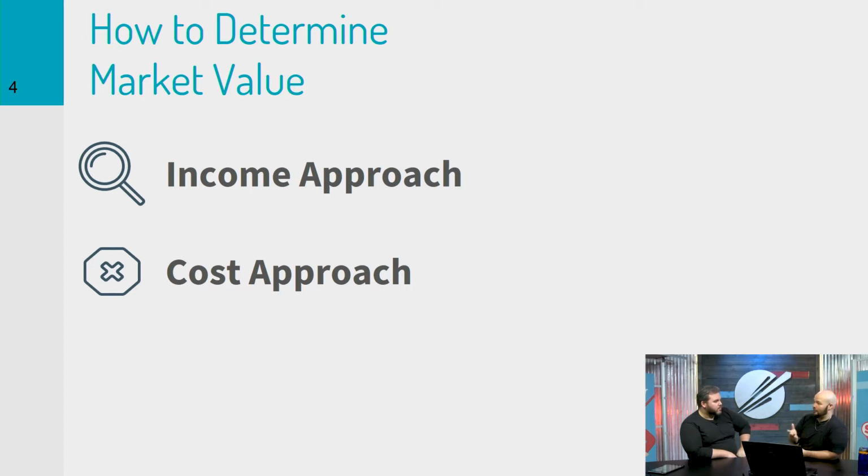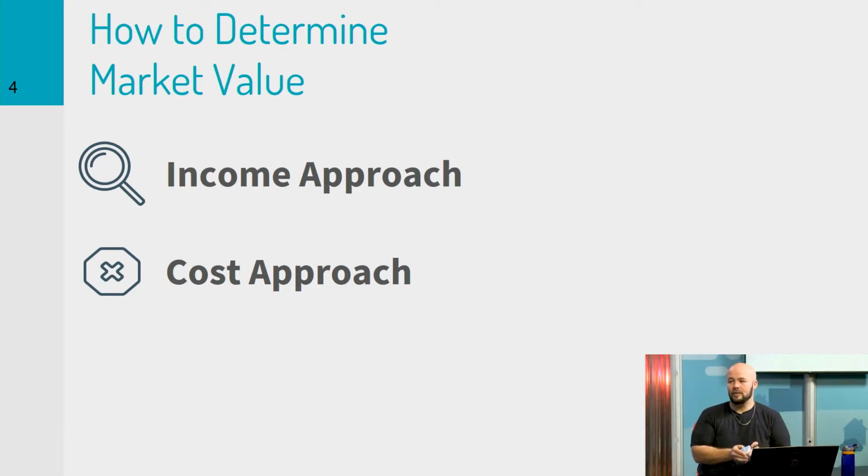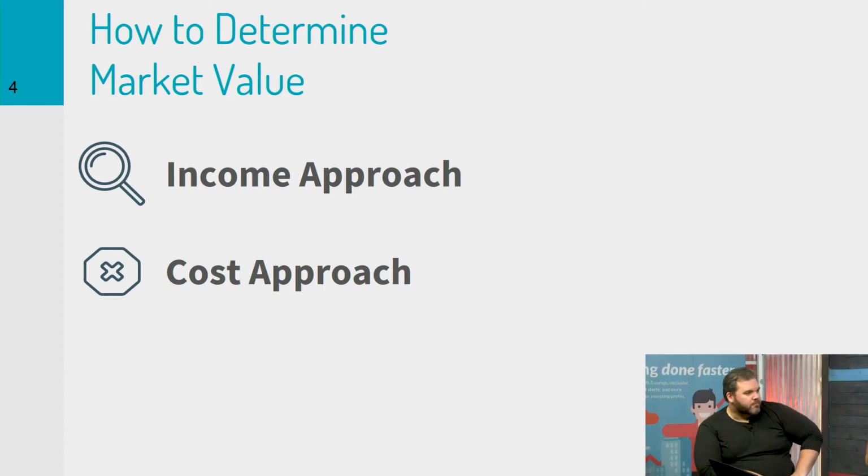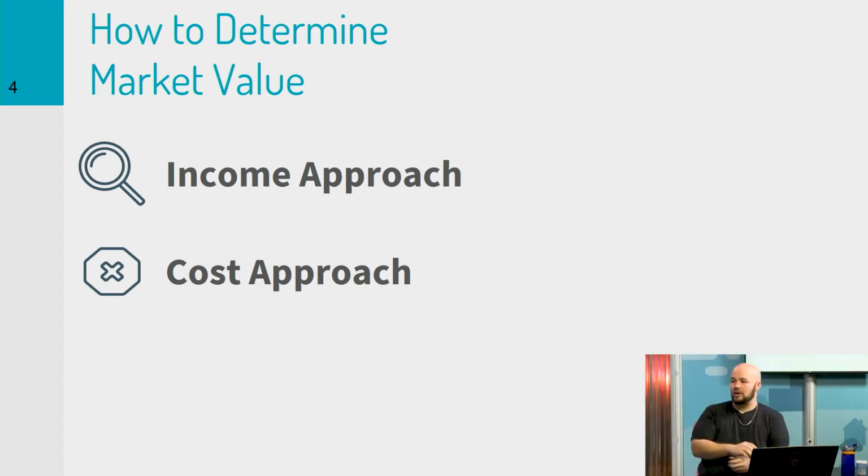Because if I could rebuild it new for 100 grand, there's no way I'd pay 120 for it 50 years old. Does that make sense? So that's cost approach, and we're not going to really talk about cost approach much today, but I want to throw out that there are multiple different ways to evaluate a property, 2 of which being income approach, for commercial and rentals, cash flowing commercial for the most part, and then cost approach. Cost approach is for when you flat out don't have comps: what's it going to cost to rebuild it, and then depreciate it out from there.